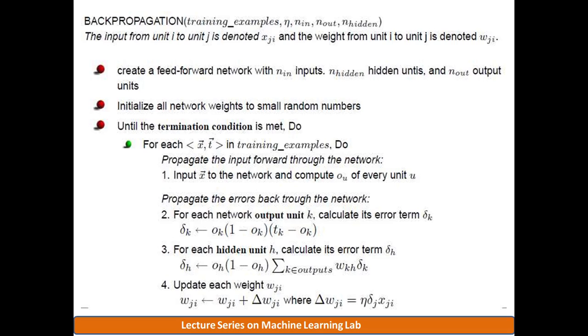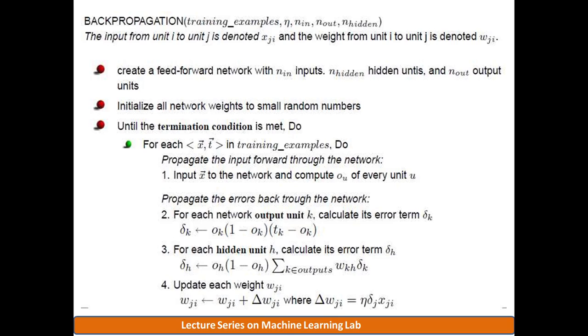So delta h, that is the error in the hidden unit, is OH into 1 minus OH, sigma k belongs to output, WKH into delta k. WKH is the weight of the edge from h to the kth node in the output unit,